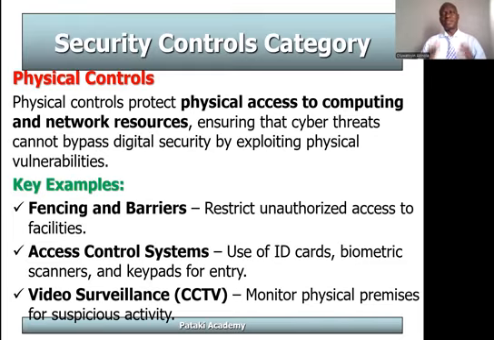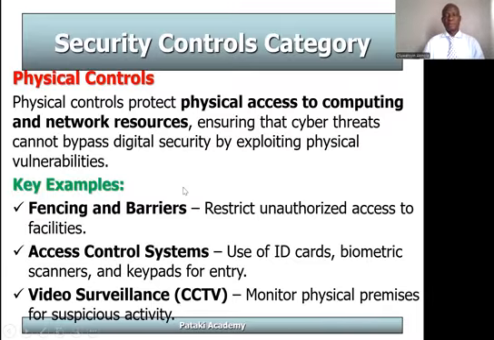Physical control protects physical access to computing and network resources. Ensure that cyber threats cannot bypass digital security by exploiting physical vulnerability. Example of physical control is fencing and barrier. That is restricting unauthorized access to the facility. Your data center, your building, that's fencing and barrier. Access control system. This is the use of ID card, biometric, keypad for entry into your